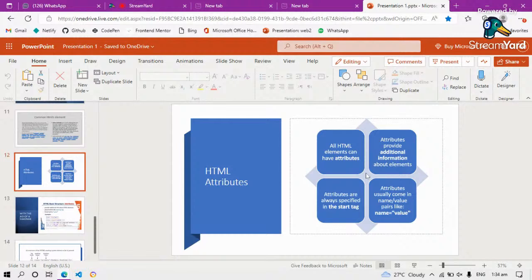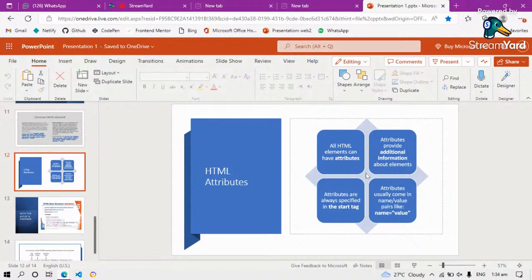Attributes are always specified in the start tag, that is the opening tag, not the closing tag. Attributes usually come as name and value, like name equals value. We also have class, ID and the rest.